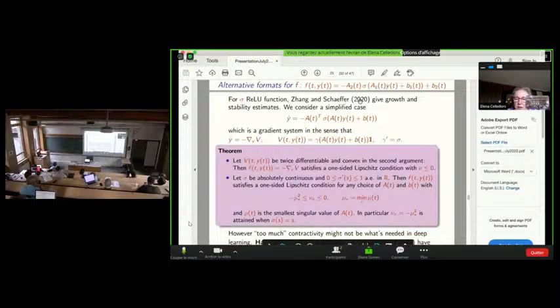Zhang and Schaeffer very recently have made a study of stability in the case sigma is the ReLU function, and for a vector field F that has this format over here.